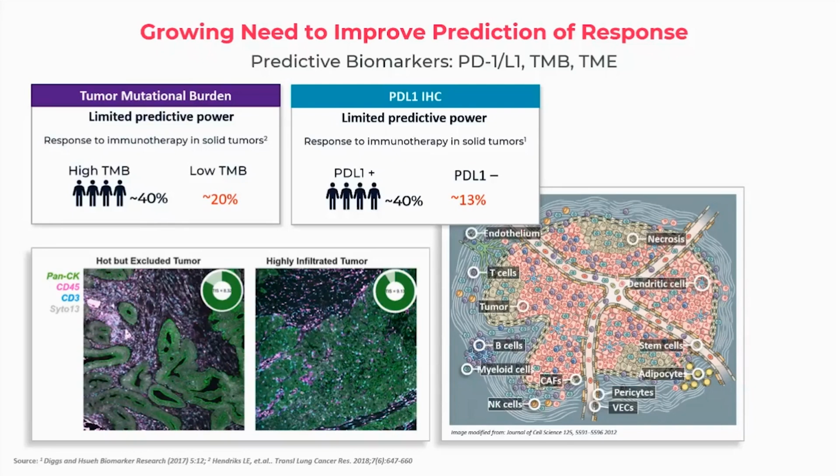Why spatial is important: if we look at these two tissues on the bottom left, and we were to mash them up and look at a bulk expression score, called the TIS score in this instance, tumor infiltrating score, they would have very similar TIS scores. But the tumor on the right is highly infiltrated compared to the one on the left. You can see that you've just got more pink cells within the tumor mass in the green. So getting that visual imaging data and understanding where that is in space and in the tissue is important to predicting response to therapies in this instance. A bulk measurement doesn't give you that.